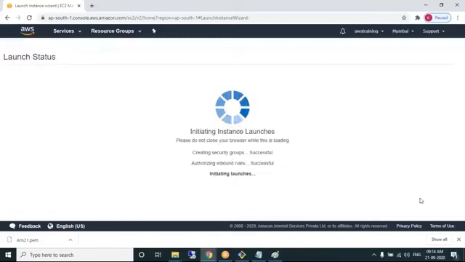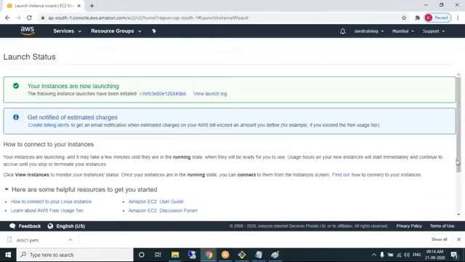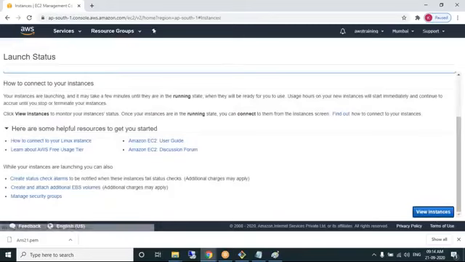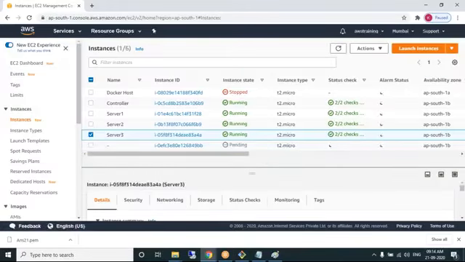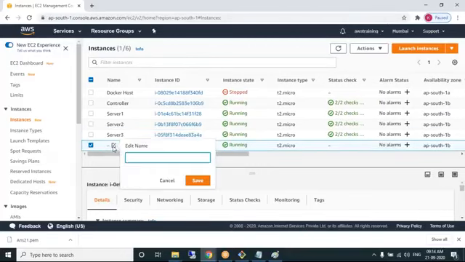Now here I want to open connections, all types of ports for this particular server. So that's the reason I'm selecting all traffic and source from anywhere. But in real time, you need to allow specific ports, and the AWS team will take care of what port needs to be open. So we don't need to worry. I'm making it server 4.